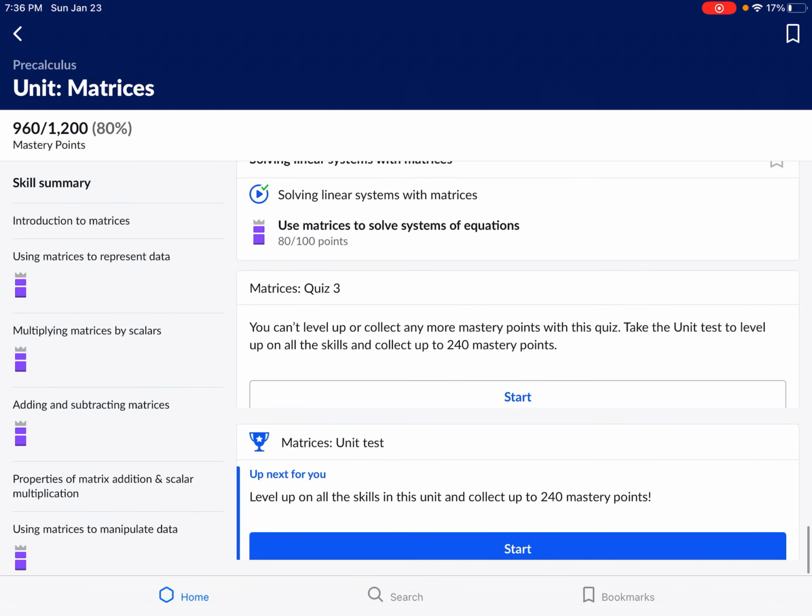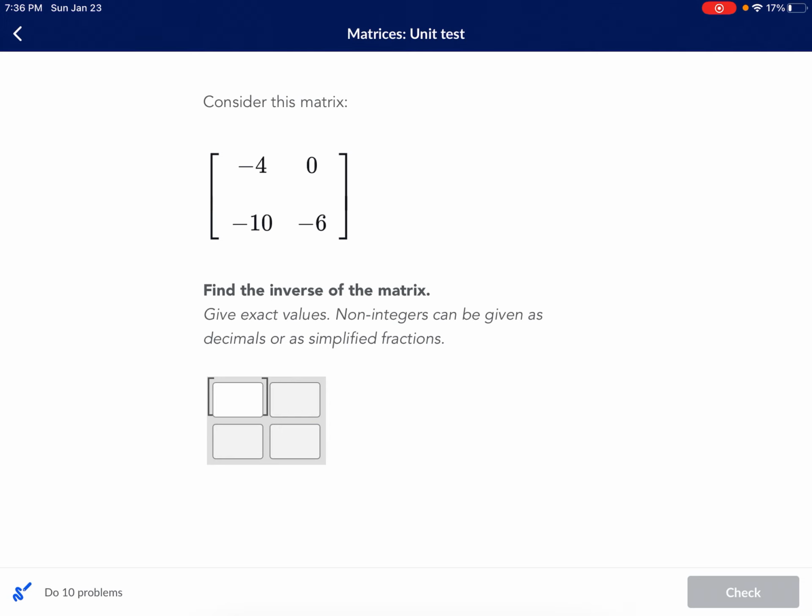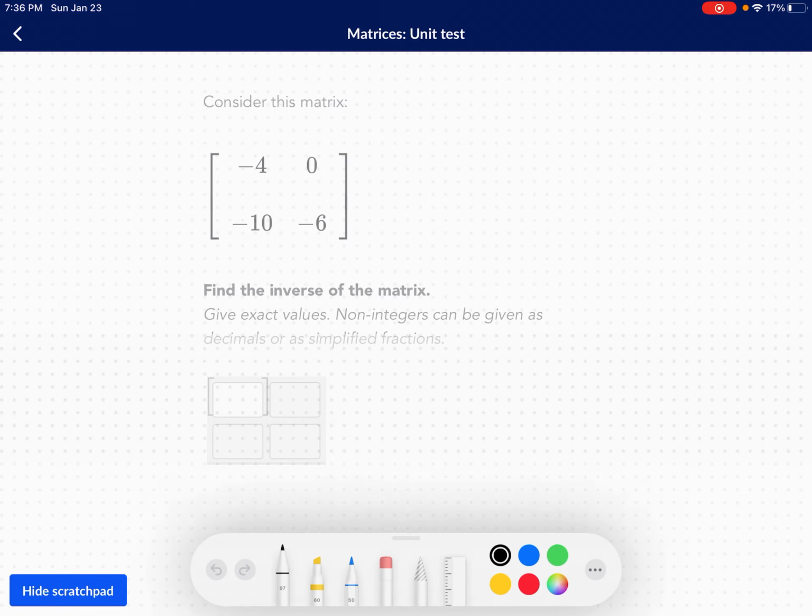Alright, finally onto the unit test of matrices. This is going to be hard, but just give it a shot. Find the inverse of the matrix. Okay, so the inverse,